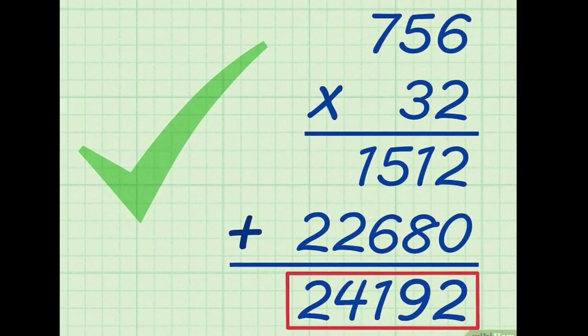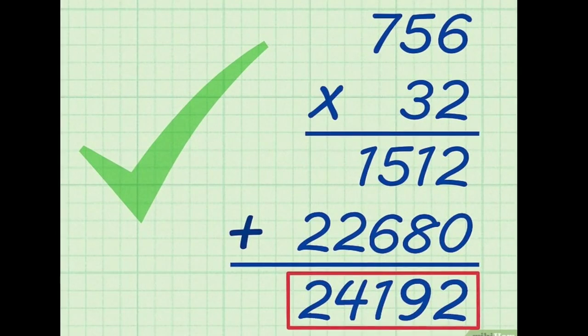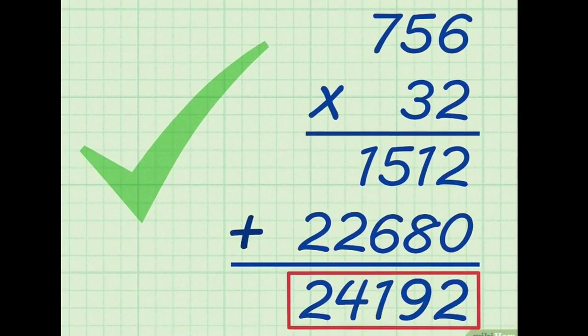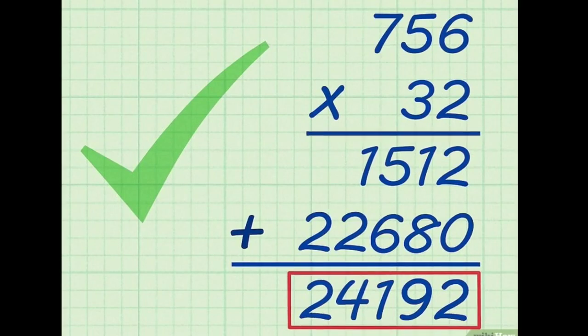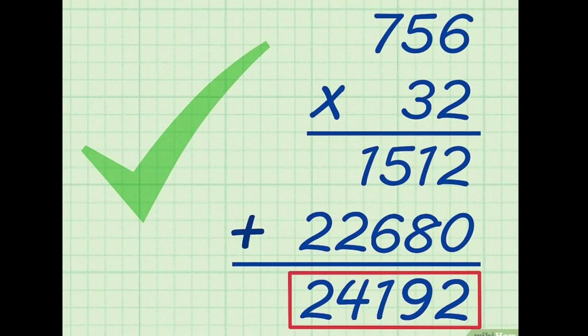1512. After that, since the place value of 3 is tens, we have to multiply 3 with 756 and have to add 0 at the ones place. So first of all, multiply 3 with 6, 3 with 5, 3 with 7. We get the answer as 2268. I have applied 0 at the ones place because 3 is at the tens place position. So we get the answer as